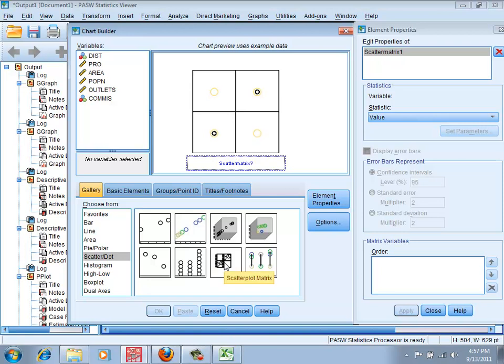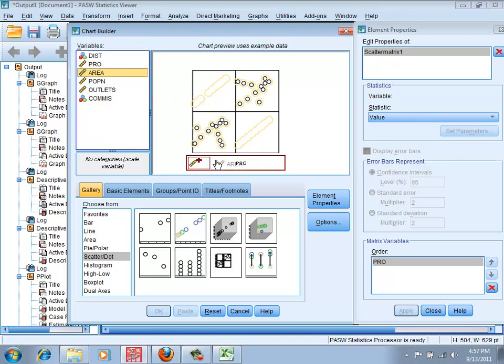This is the scatter matrix, and then you add these variables here: profit, area, and then population, and outlets. If you click on OK,